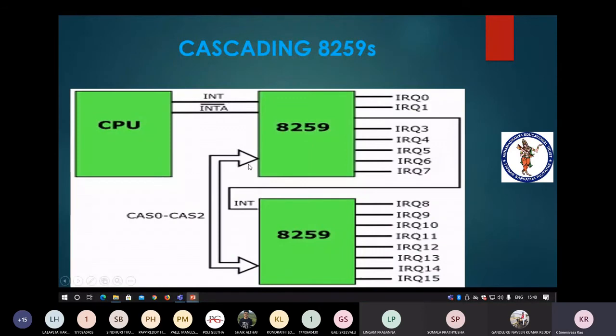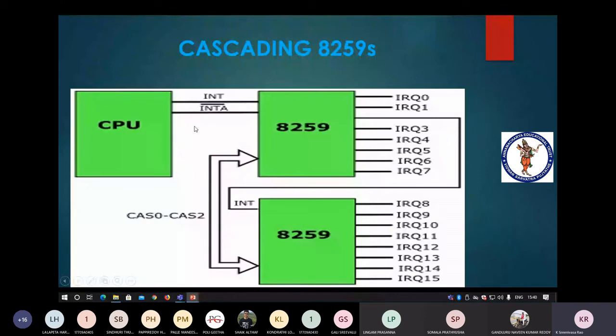Let us see this diagram. Just at a glance, let us see the top 8259 only. In the top 8259, there are 8 request lines, IR0 to IR7. Each request line is one device. And by using a single 8259, we can connect 8 devices. Those 8 devices may or may not communicate with your microprocessor unit. That communication takes place by the INT pulse and interrupt acknowledge. But at a time, only one device is connected with the CPU.